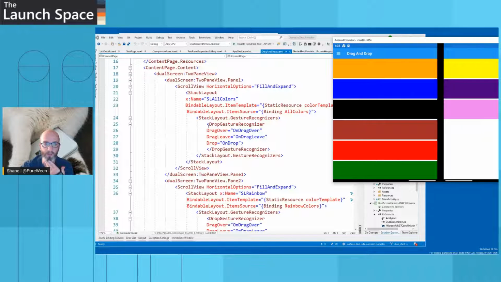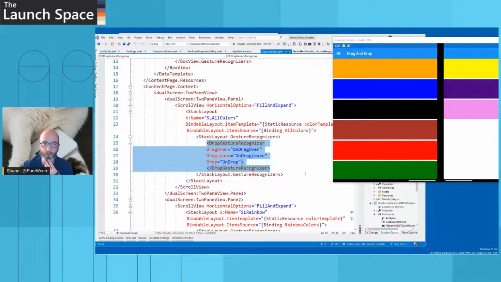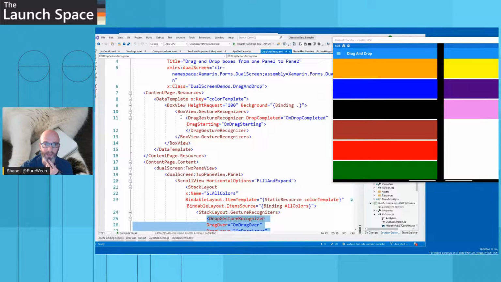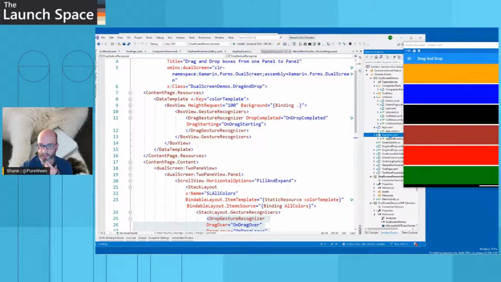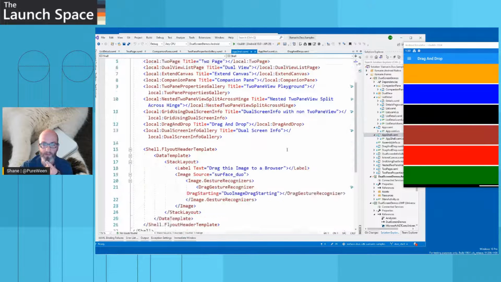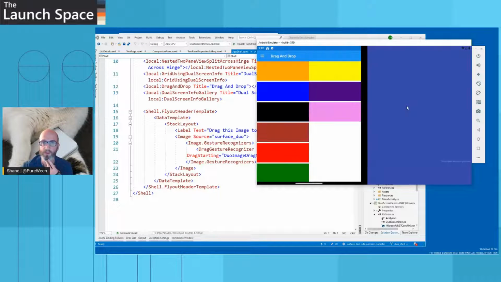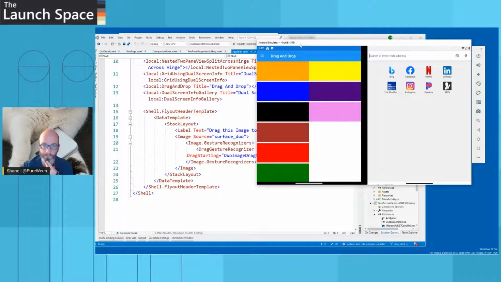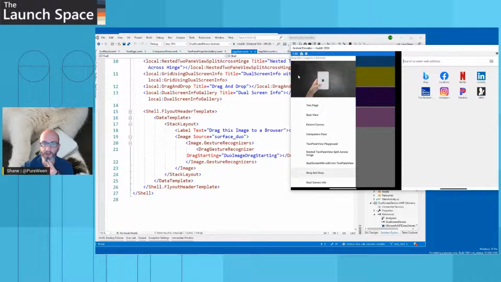And then we use these really helpful drag and drop gesture recognizers to basically drag and drop the controls between the different sides. One neat use case for this, I want to highlight, is the cross application behaviors that you can do with Duo, which are really neat. So what you'll see here in Shell, what I've done is I've set up this flyout header here,